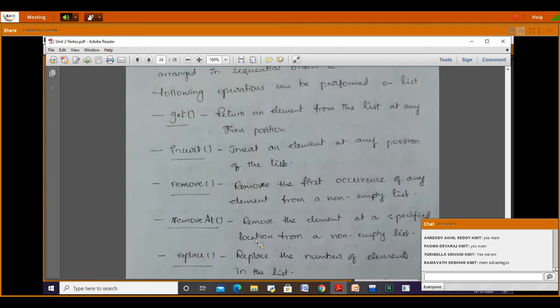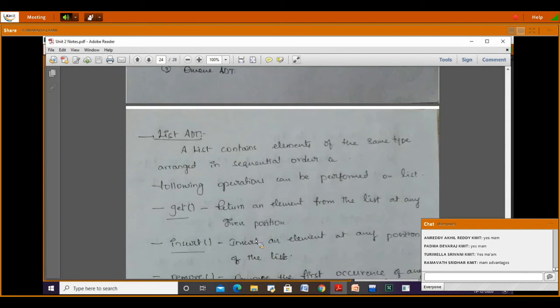So like this, instead of writing the complete code for the list here, we are using the operations which are already created. Are you following? I hope you are able to follow. Get, insert, remove, these are the defined functions. We are just using those operations in our list programs here. If you don't want to use it, then we have to include the code even for creation of a list, how you retrieve the list, how you traverse the list, how you search for a list, and how you print the elements in a list.